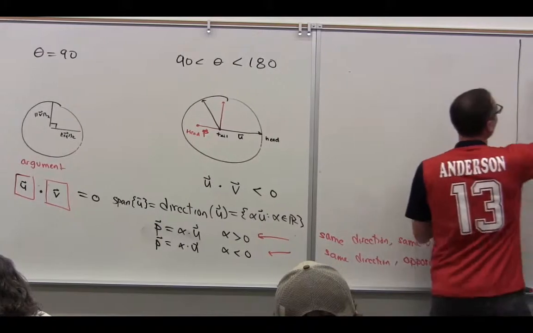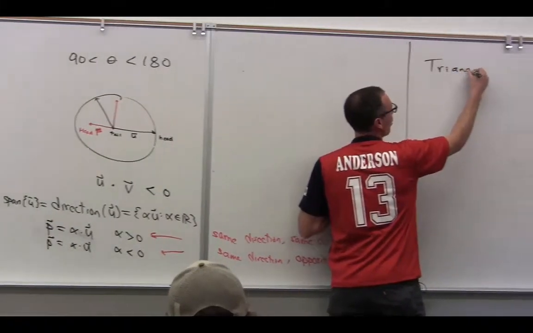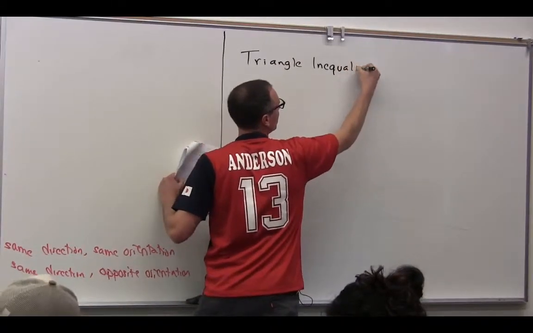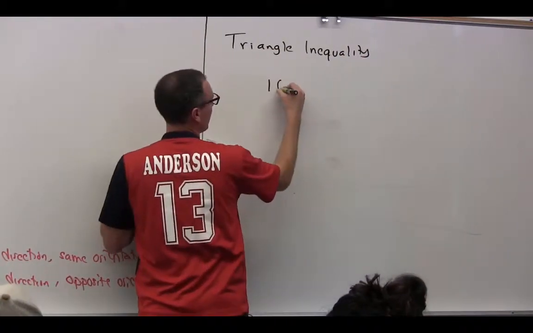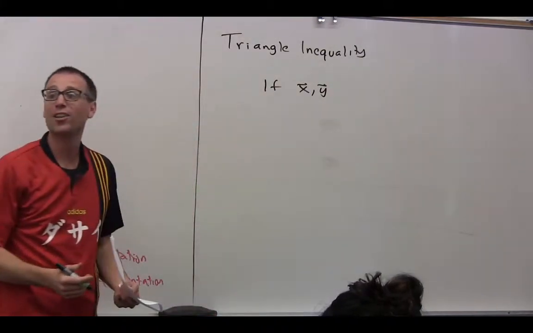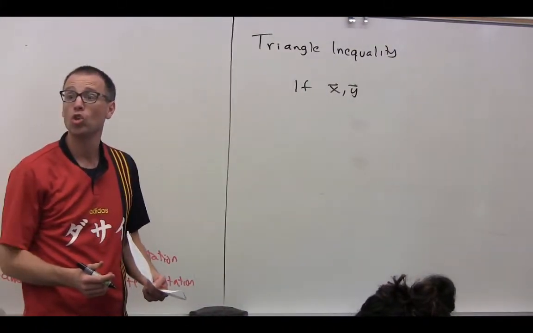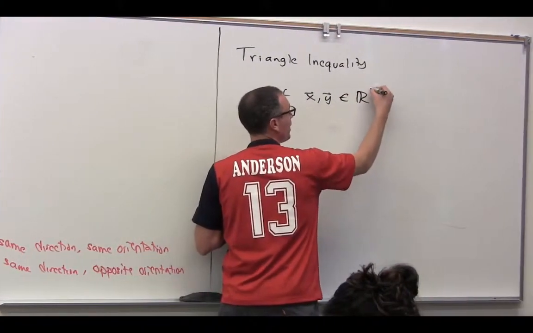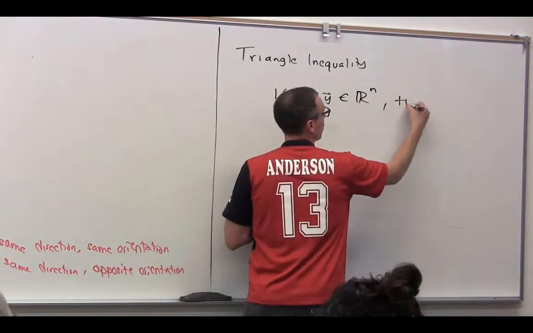Cool, real cool. All right, let's call this the triangle inequality. What did the triangle inequality say? The triangle inequality is a property of vector two norms. In other words, I'm going to probably need